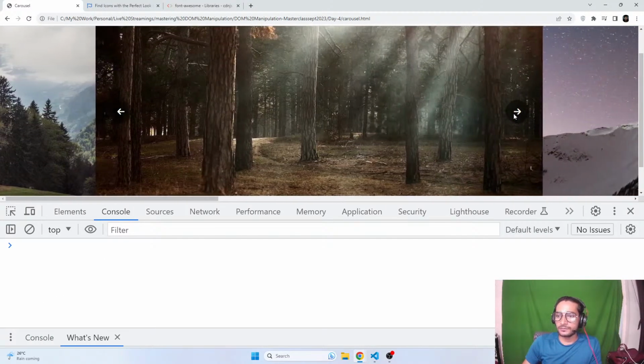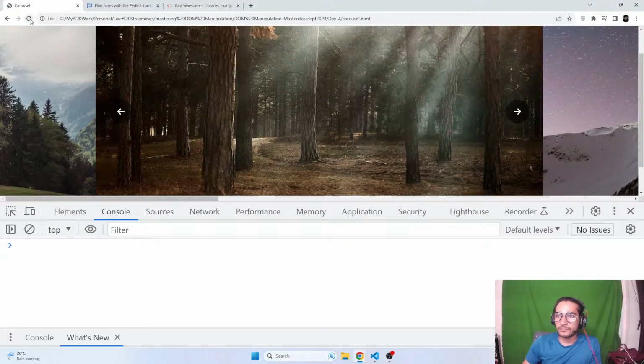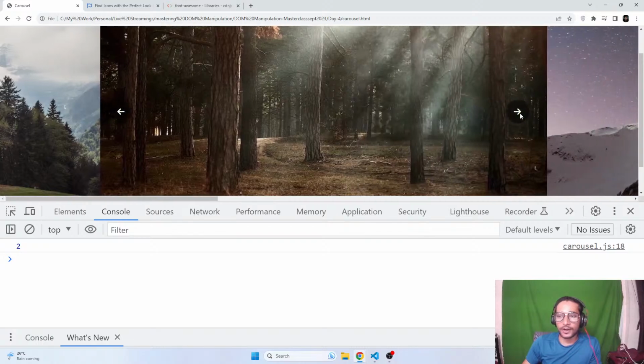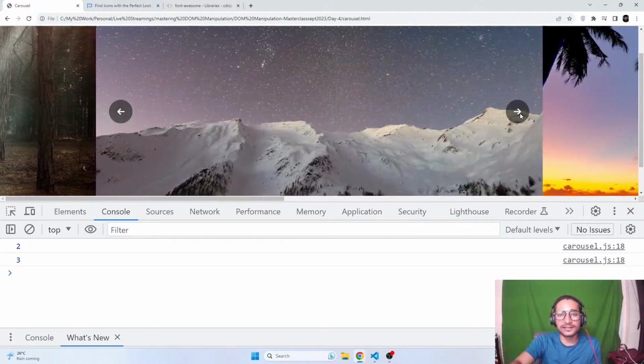Click. Click. Okay, now see, current slide is 2, correct? If current slide is 2 right now, that means next time it will be minus 200, correct? Now current slide is 3, that means next time it will be minus 300. Now let's say here I leave it. So current slide is 3. So now if I click on previous,